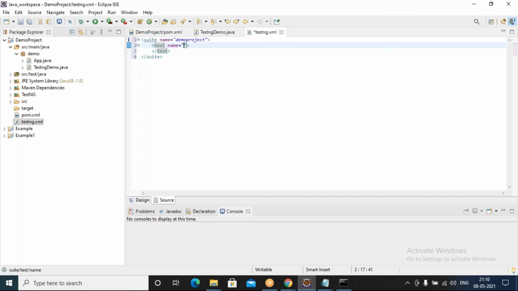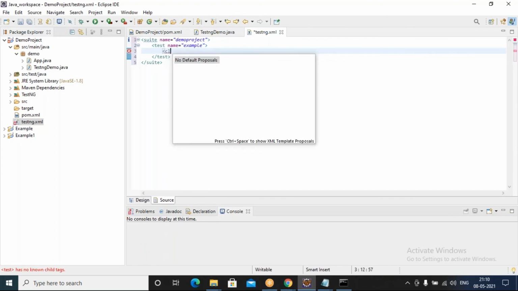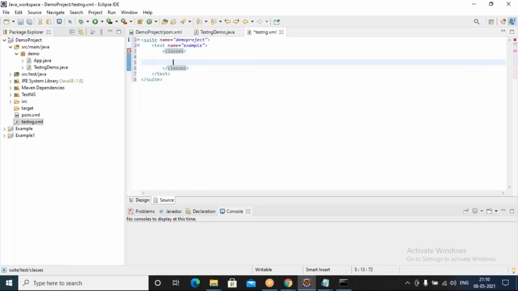This is a test, let's say example test. It will have classes, and inside this you need to mention which class it should run.